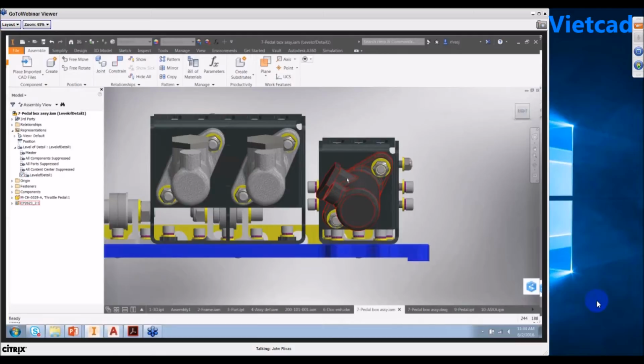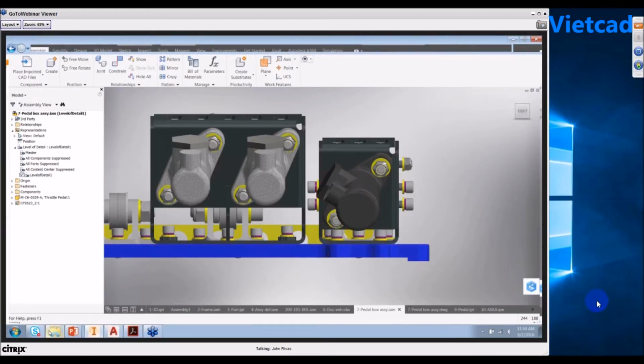Wherein you receive a CAD model from a supplier, and they provided you with the wrong CAD file when you actually place it in your assembly. And normally, you'll send an email asking them to provide you the latest CAD models. And the problem here is that once they provide you a new CAD model, you have to redo your assembly all over again. But here, with the AnyCAD technology,